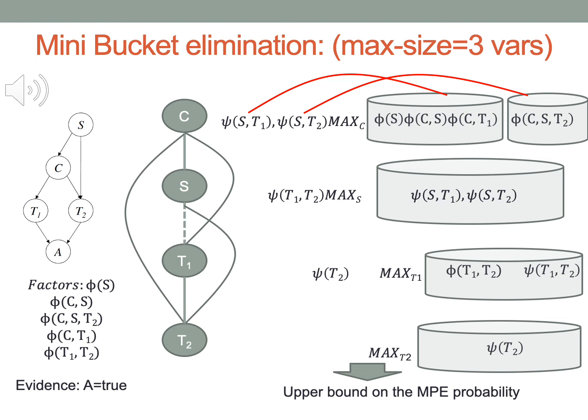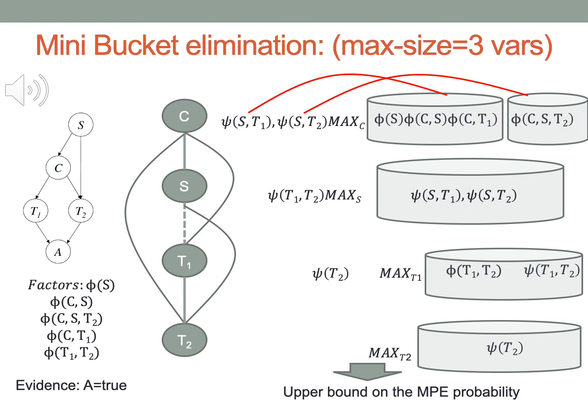So this slide illustrates how to use the mini bucket idea to compute an upper bound on the MPE probability. Suppose our resource constraints, specifically let us say your RAM size, dictates that you can process functions having at most 3 variables and no more. Then instead of running the bucket elimination algorithm along the order C, S, T1 and T2, which has a width